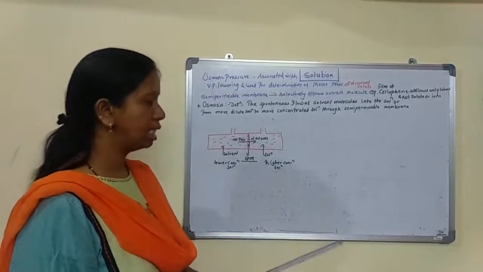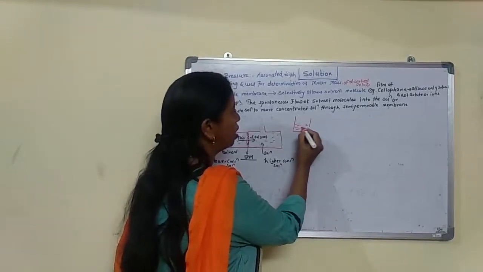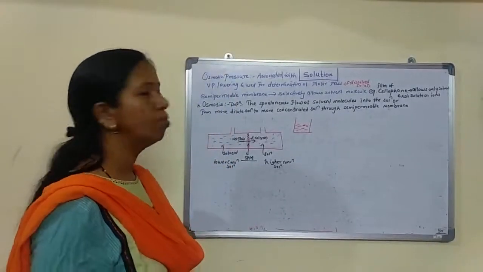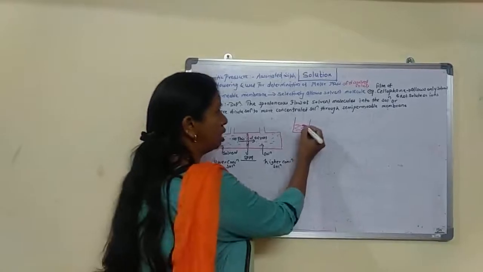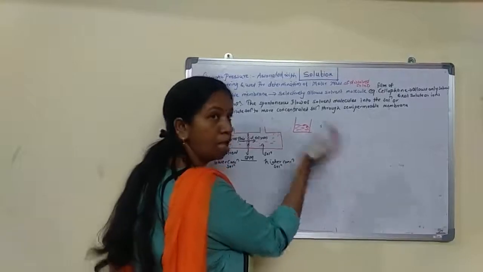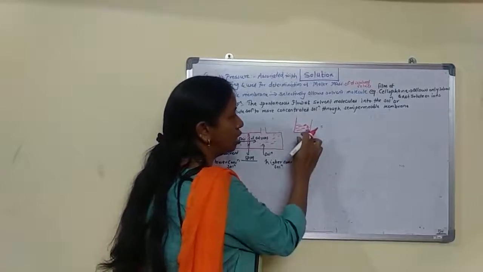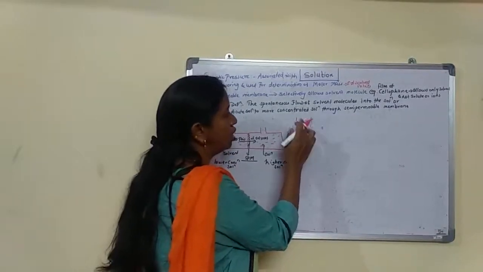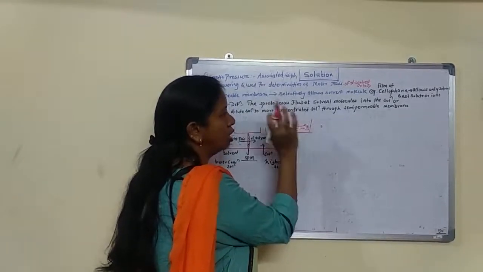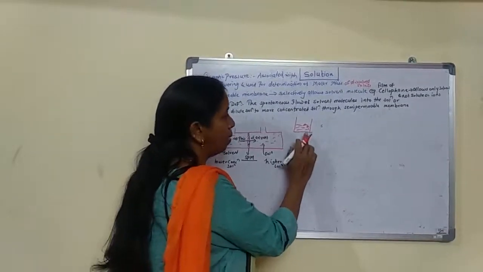Now, an example of osmosis: we have resin kept in a container. If you keep this resin for some time, two to three hours, we see that the resin swells, meaning that solvent molecules are passing into the resin. So there is the process of osmosis in which solvent molecules pass into the resin through the semi-permeable membrane. The layer of the resin acts as a semi-permeable membrane.